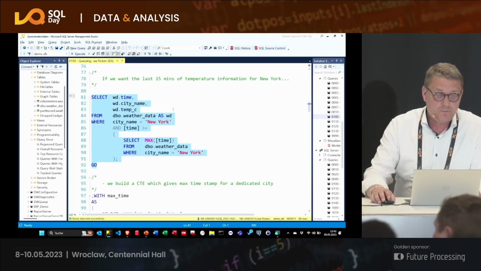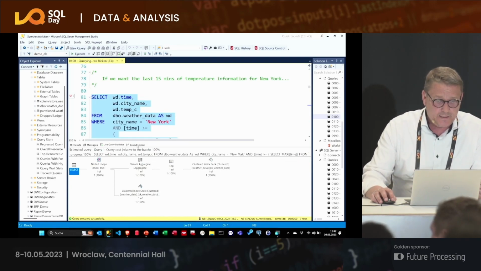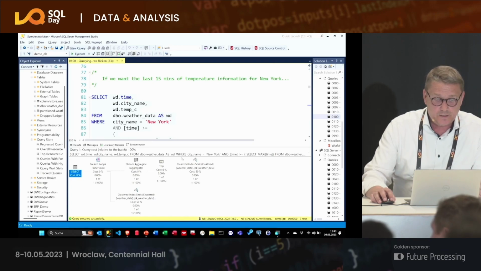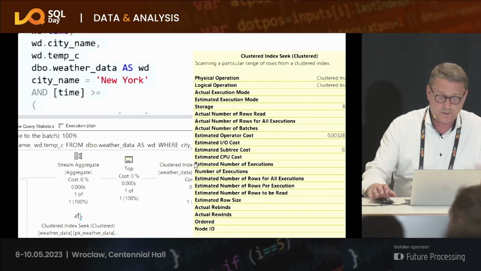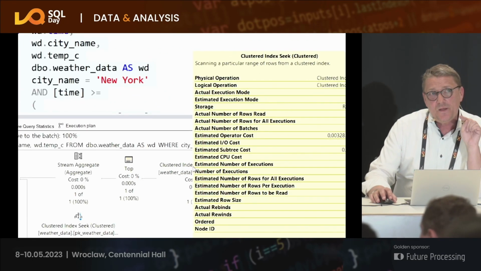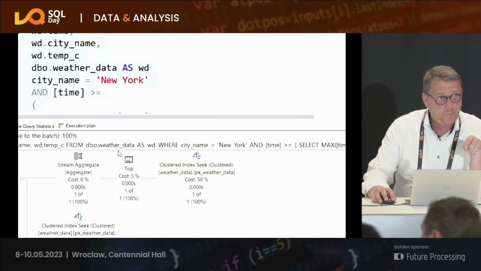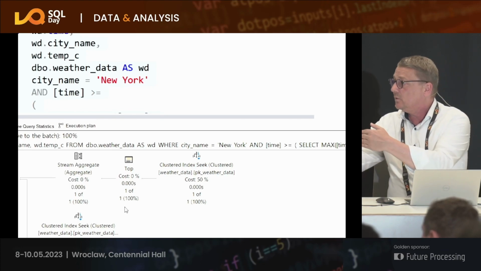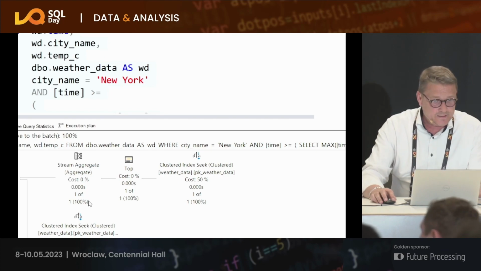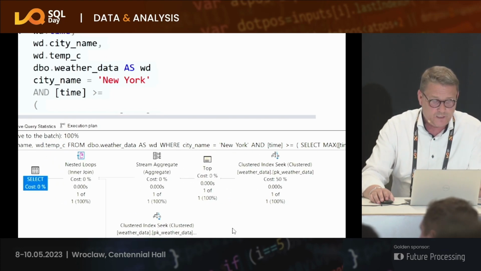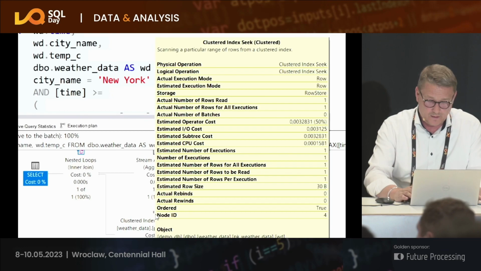So give me the last 15 minutes. I think that goes very quick. Yes, it is. Very simple. Let me explain in short words what SQL Server is doing. Here is an index seek. The index seek is going on the city name. Very simple. And that comes from the max. Give me the last entry. Because you see that here on the top operator, say give me the first, we go through the index from the back and stop after the first value, then you have the max. Here is an aggregation of it. So now we have it, and then we can go and look into the clustered index for the dedicated rows.